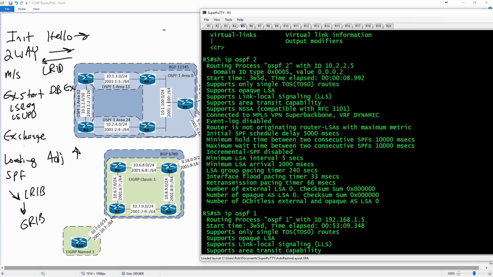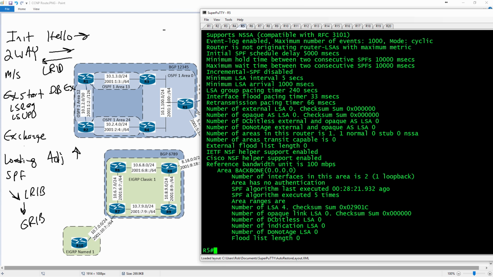So we'll talk about that more in detail later, but I wanted to point that out since I was sitting right here. We're not going to be using OSPF as a PE to CE routing protocol when we study MPLS. We'll be using strictly BGP, but that's basically how you would break that down. So that's how you would